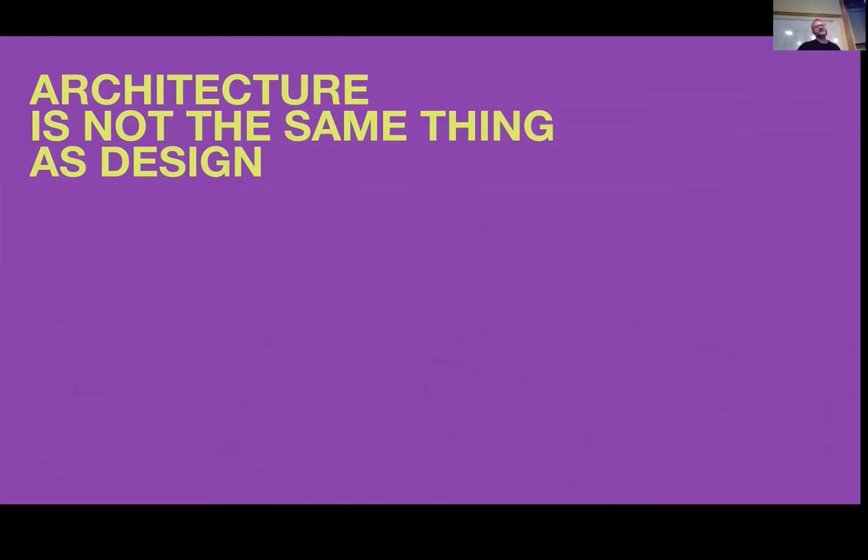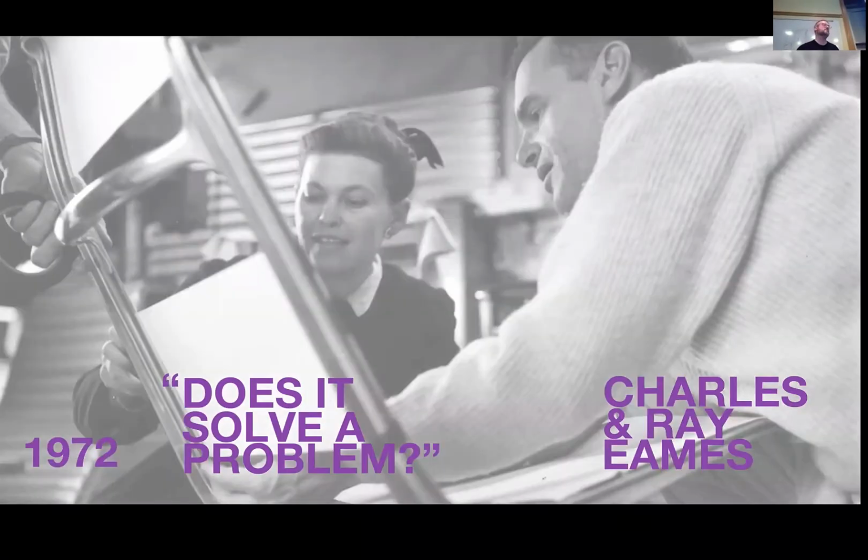But Lou Kahn's sense of architecture, and information architecture coming from Werman, who is such a devotee of Kahn, is that architecture is not the same thing as design. And the main difference is about problem solving. It's funny, the two people who never fired Richard from a job, Charles Eames and Lou Kahn, to my reading of their work, couldn't have more difference in their sensibilities about what design is.